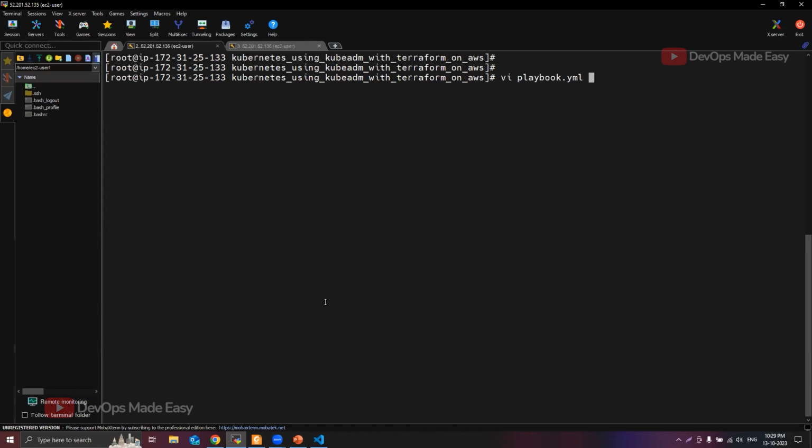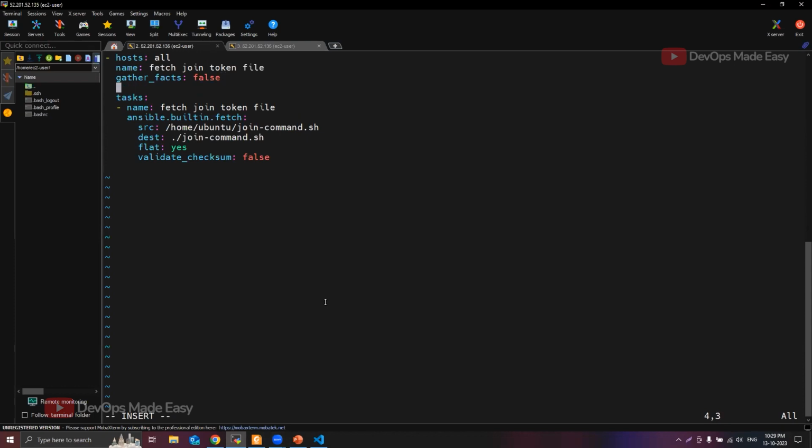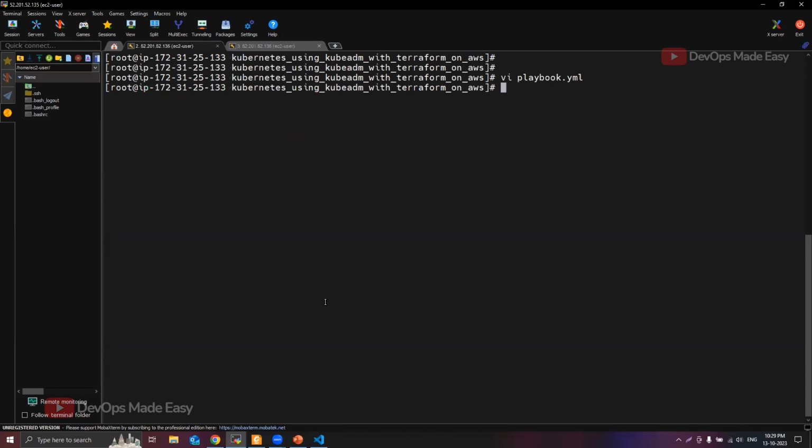Okay, so we will edit the playbook, and here we will try to become the root user, and that means run with sudo privileges. Okay, so let's save this playbook,